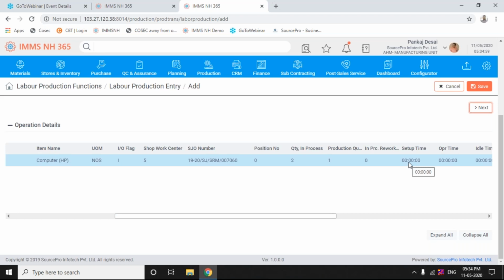Now I can see, please pay attention that the process sheet timings are not seen here. Otherwise, user will tend to make the decision. He has to put the actual time that he has spent. This is normally usually done by the production. We expect that it will be done by the production supervisor. So कितना टाइम मेरे को ये ऑपरेशन और ये वर्क ऑर्डर में गया, ये टाइम डालने का यहाँ पे. This time has to be entered which will be measured against the work order process sheet time to derive efficiency, right? So define please something, say 1 hour,